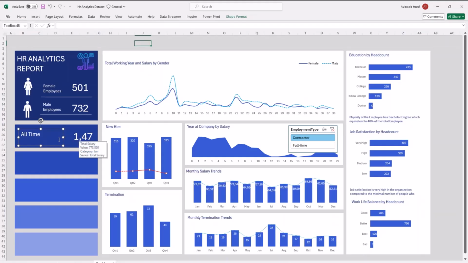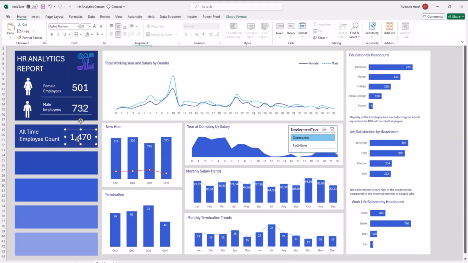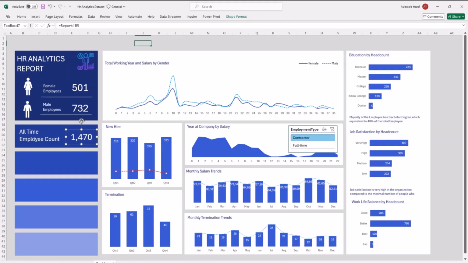You can also use an icon in this part if you want, but for the sake of the video, I won't be using an icon. So I can make this bigger. Actually, I can even reduce the size a bit. I think the size is a little bit bigger. Okay, so the size of this as well is fine. Then you do the same thing for practically everything. So you bring in your employee head count as well.